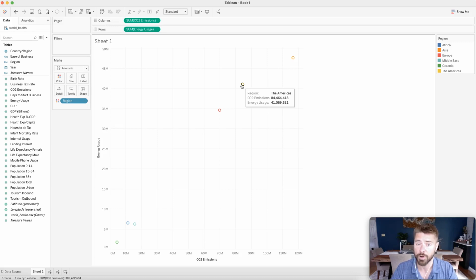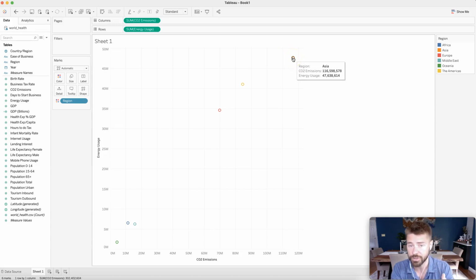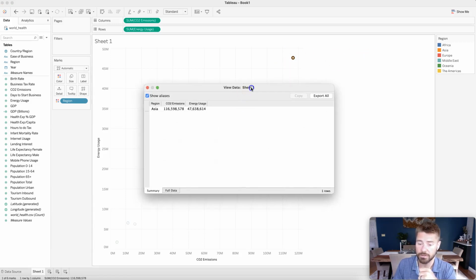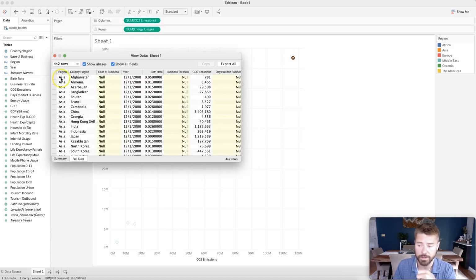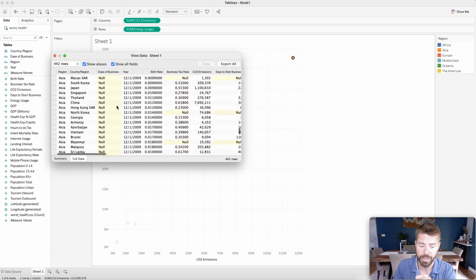What does each data point represent? It represents the sum of that region's CO2 emissions and that region's energy usage across all countries in the region, across all years in the data set. And we can confirm this by looking at the data point itself. So here, if we look through, this is Asia. We go from Afghanistan in 2000 all the way down to